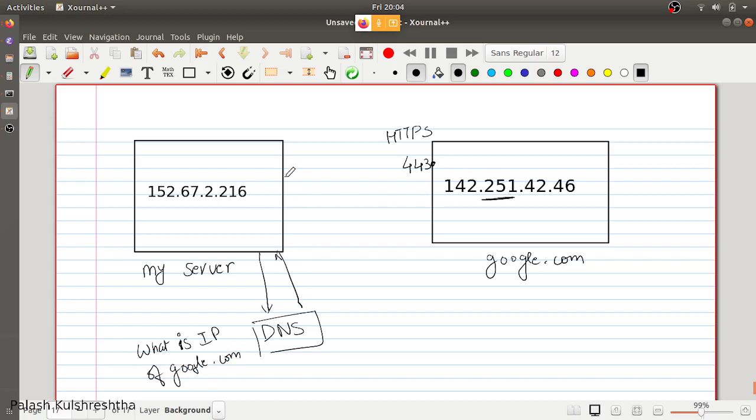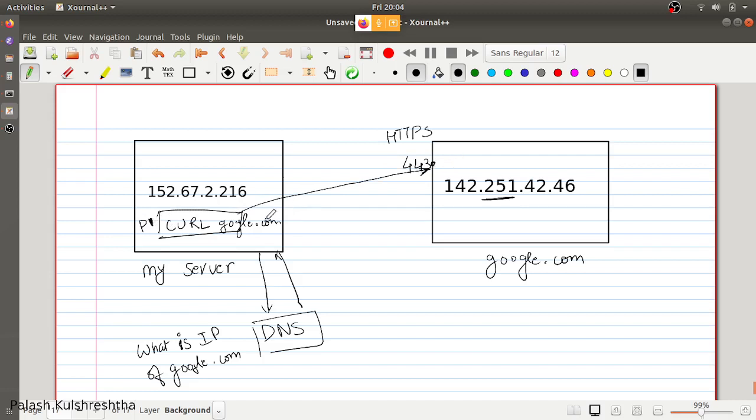Then the application that is running, for example, I ran the curl command, curl google.com. When I run a particular command, it creates a process for it. Let's say this process was P1. This P1 is going to call port 443 of this server.